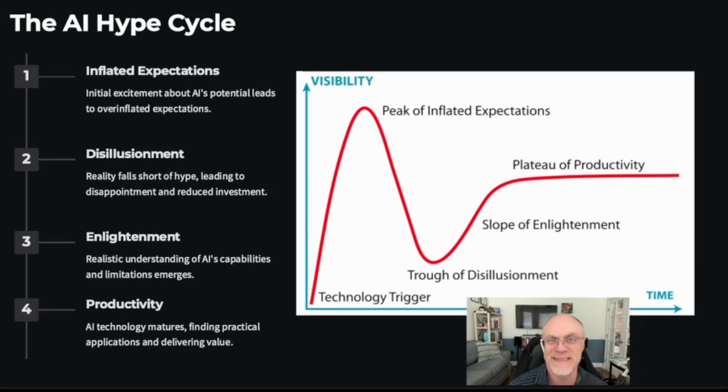Then you end up seeing the flaws in that approach, or maybe it can slice and dice bread, but it can't do everything. And you get this trough of disillusionment. This is not just AI, this is any real hype cycle for any product or technology. The slope of enlightenment is where you get into this mature state where I understand the pros and the cons, the strengths and weaknesses of this technology. And now organizations are able to incorporate that technology and really leverage the benefits. And you end up with this plateau of productivity. I'll let you decide where you think we are right now with generative AI.